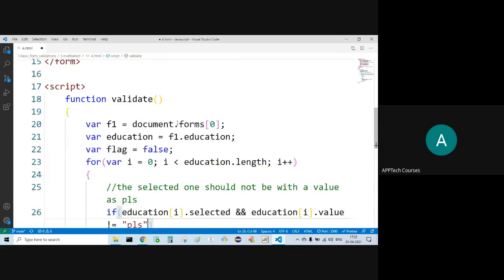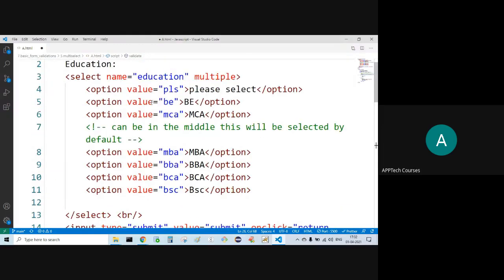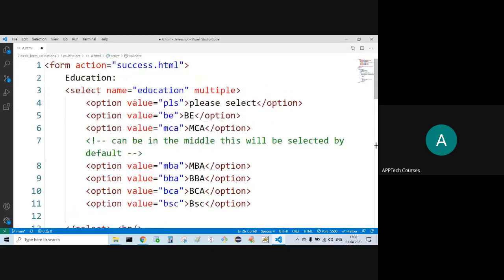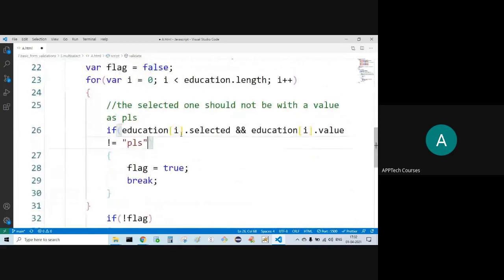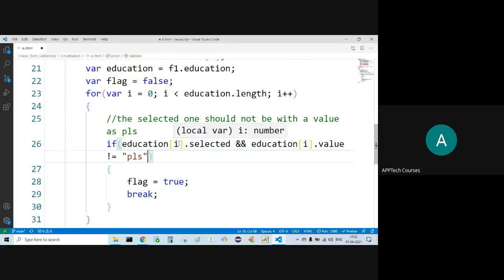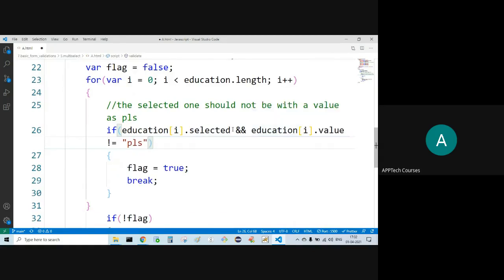Education of I means what now? First option, second option, right? That means what? I of 1. I is 1. What? 1. Education of 1, that's selected, of course selected. Then I'm going to check whether it is equal to PLS or not equal to PLS.